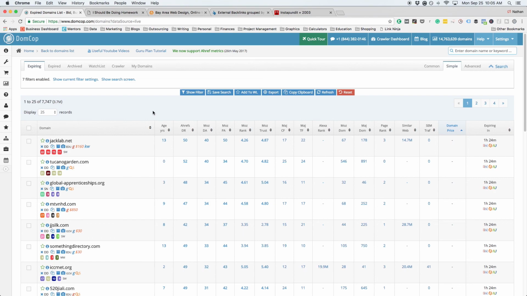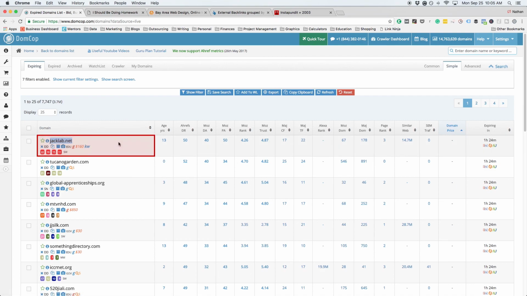That is not the case with expired domains because those could have already been used many, many times before they expired. And thirdly, the reason why I like expiring domains in auction is because a lot of the domains are indexed in Google, which is very, very important for me because I believe this is an important signal because you do not want to work with an expiring domain that's been de-indexed by Google.